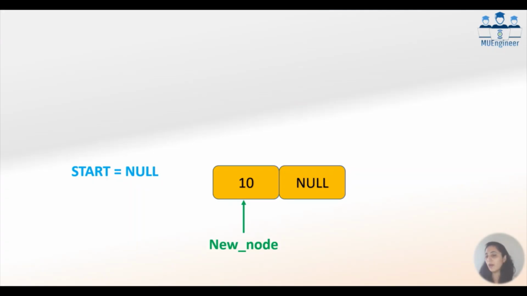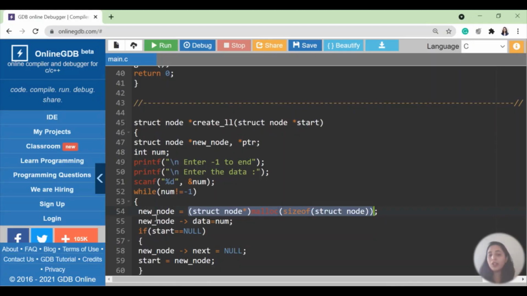As you can see, this yellow color box, its name is new node, meaning new node is actually pointing to this. New node is holding the address of this. Now I can put a value in that node. So new node arrow data is equal to num. The value 10 that I entered from the user in num,